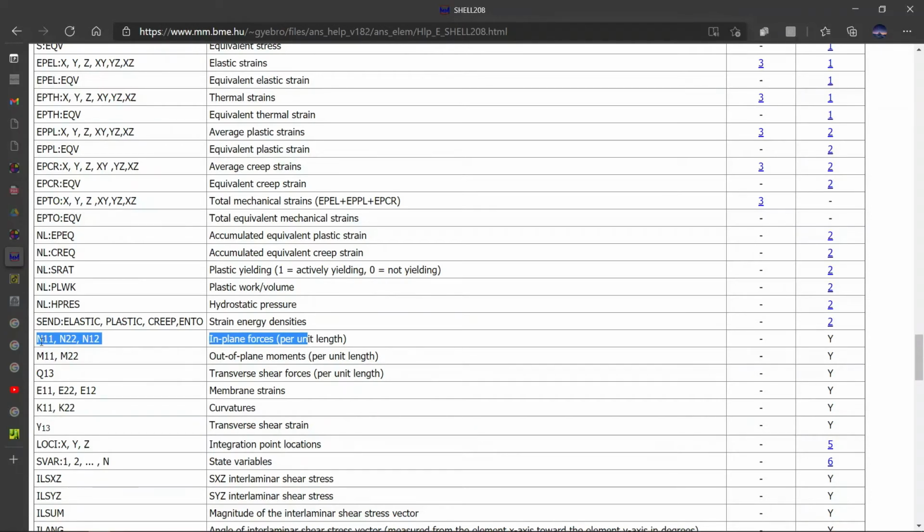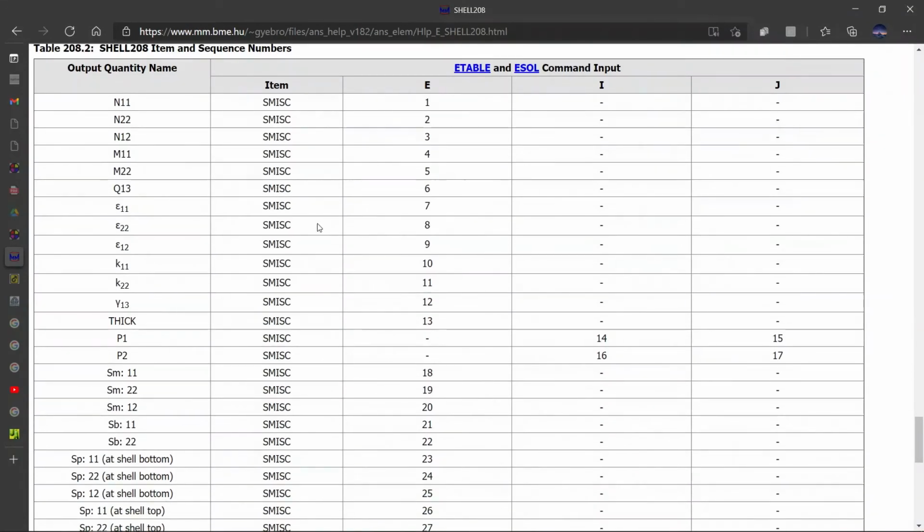The N11 would give us the principal stresses and the axial stresses, while the M11 would be the bending moment that we are looking for. Now we'll check in the table where this data is stored. For N11 it is SMIS1, and for M11 it is SMIS4.